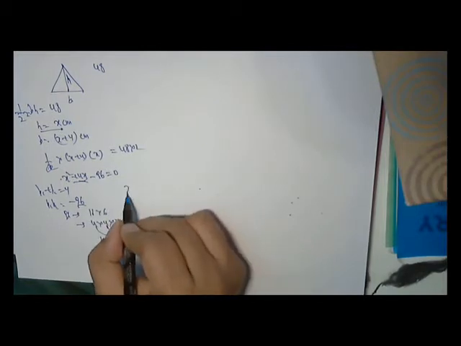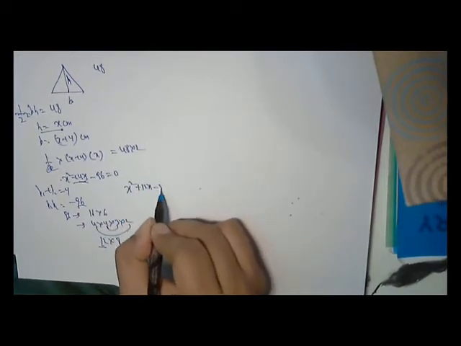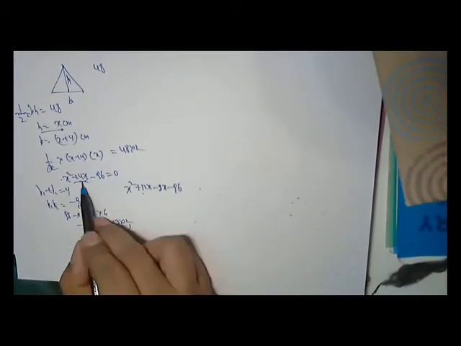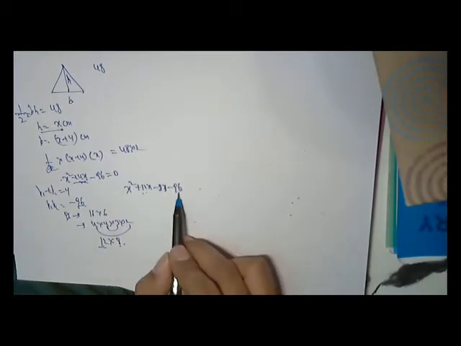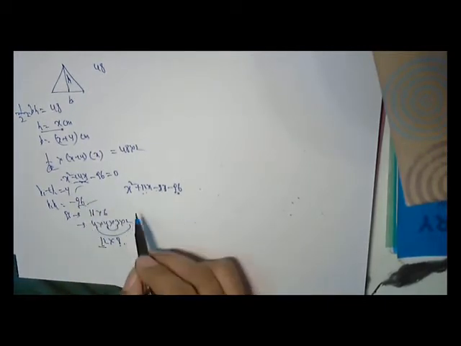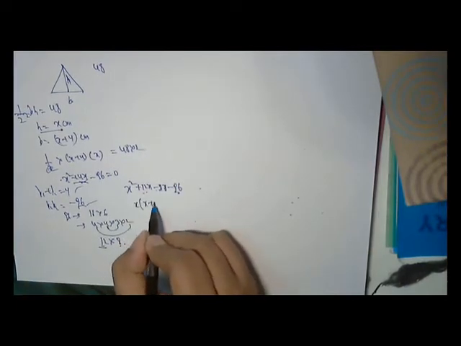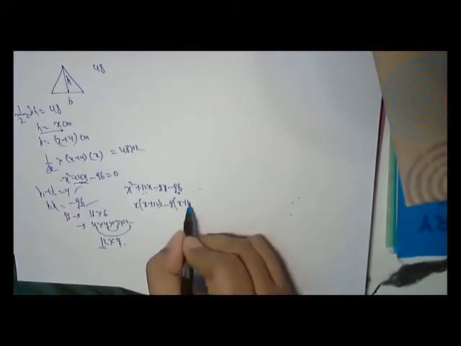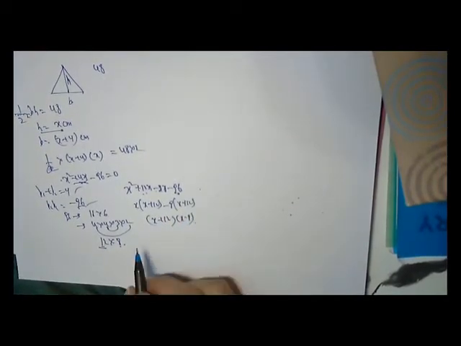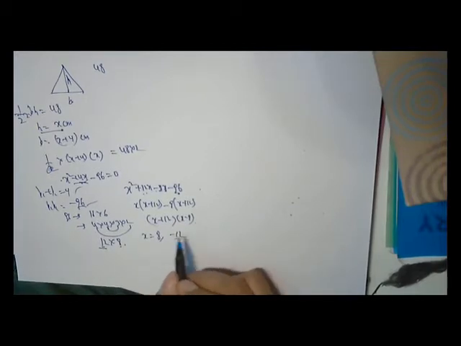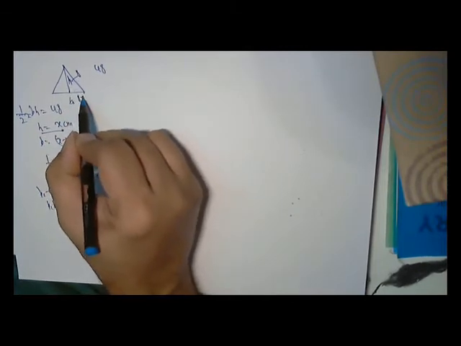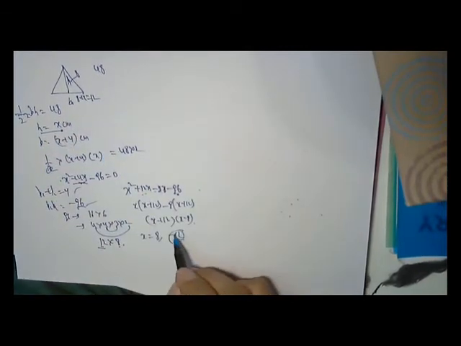So I am splitting the equation as x square plus 12x minus 8x minus 96. 12 plus minus 8 is 4. 12 8s are 96, minus 96 because minus 8 and 12 is minus 96. So it tallies. Here take x common, x plus 12, minus 8 common, x plus 12. So x plus 12 into x minus 8. So x can be 8. Can the distance be negative? No. So the height is 8, base is 8 plus 4, that is 12.